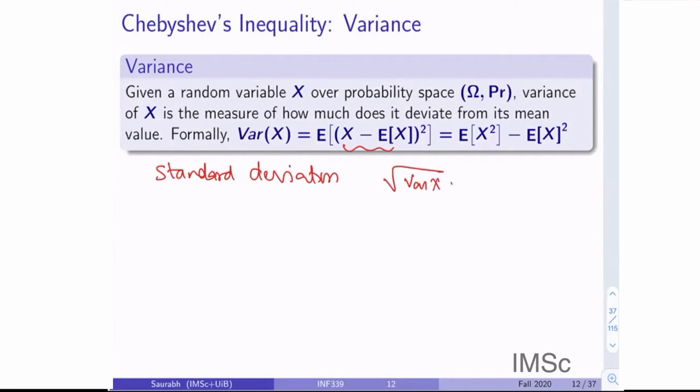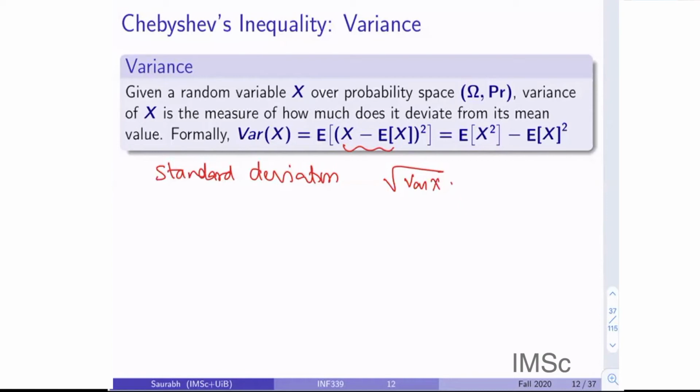Now, you can think of variance like this: I have a random variable, and I create another random variable, which is, for each value of X, how close or far from the mean that value is. And then I take the expectation of that, weighting by the probability that those values will be taken. Okay, so this is what variance means.